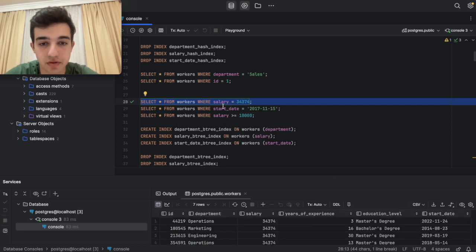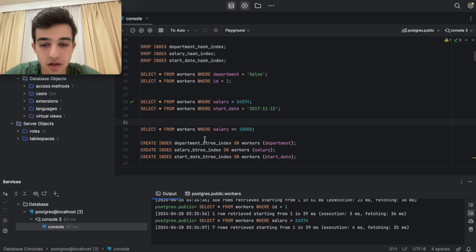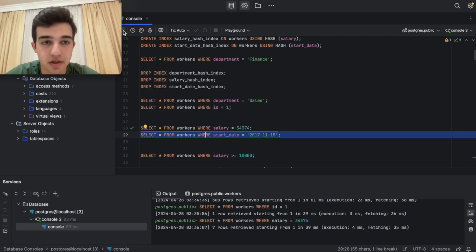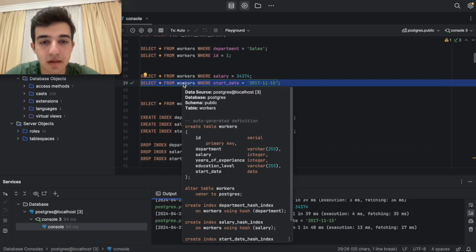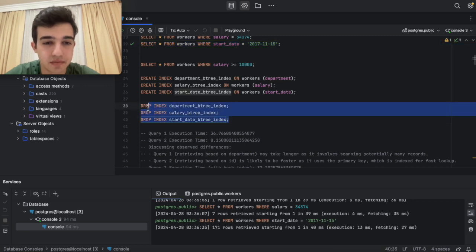And also here are the others. I will perform this one also. And for salary also it's the same, like ID, and also start date and so on. And this last query I just selected for the B plus tree purposes, so I will not test it. And let me just run this one also. It was 39 milliseconds for salary, and this one is 40 milliseconds. And coming to the B plus tree,